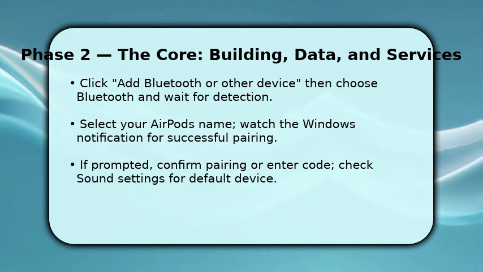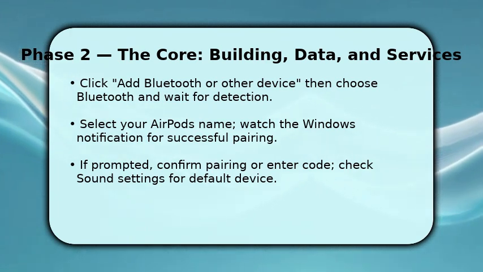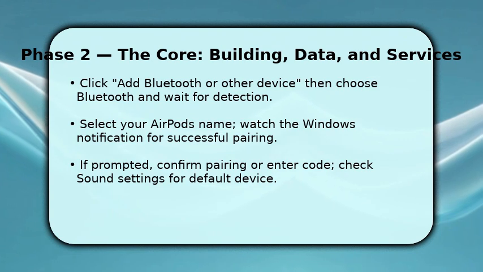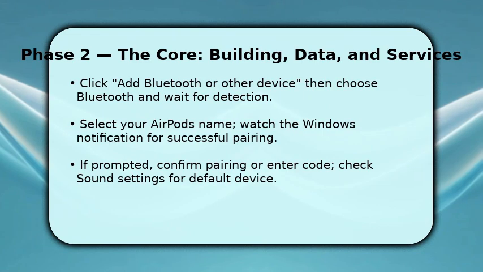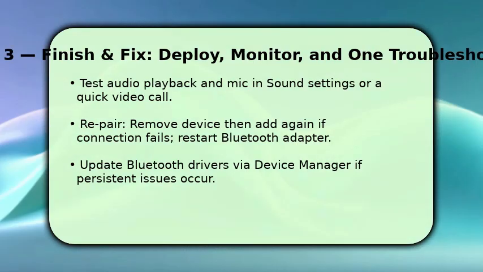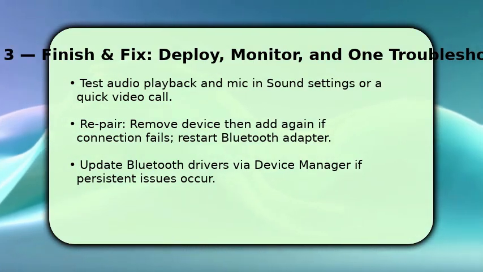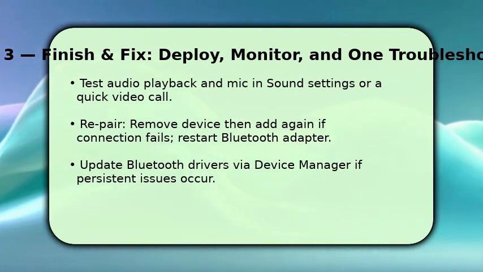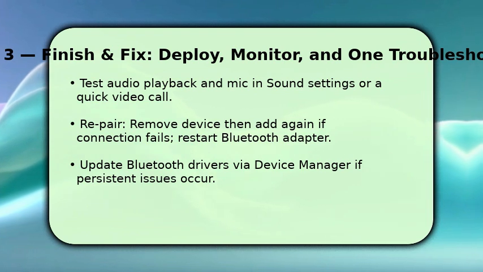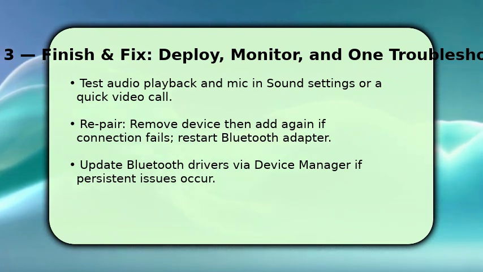After pairing, go to Sound Settings and set the Airpods as the default playback and microphone device so audio routes correctly. Finish by testing audio and mic immediately. Play a video and open Sound Settings to confirm input and output. If sound is low or only one Airpod plays, make sure the correct profile, stereo for music, hands-free for calls,